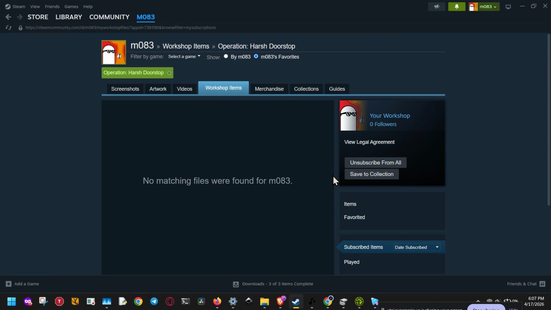Once you do that, Steam will unsubscribe you from all workshop items for that game, and the items should stop being tied to your account. If you ever want to resubscribe later, you can always go back to the workshop and add the items again, one by one. This is a super fast way to clean up your workshop subscriptions without manually removing each item